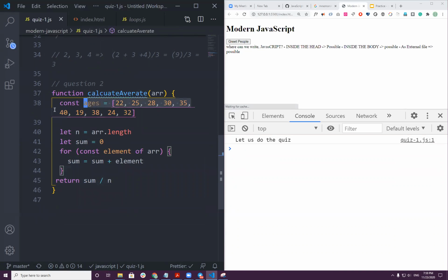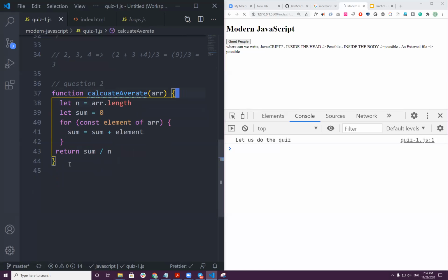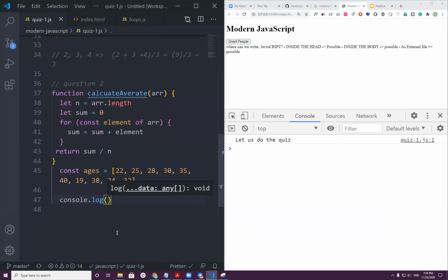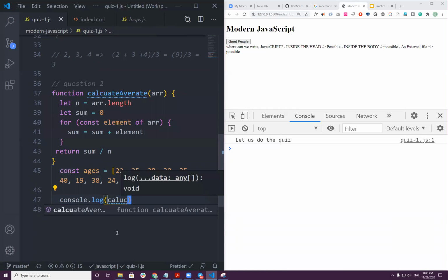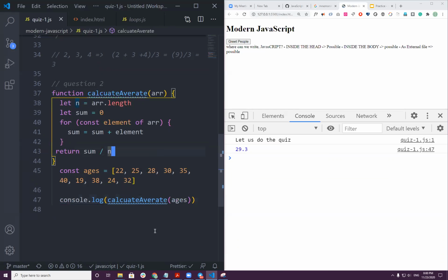Then actually, as you can see, you have this data. You don't need it to be inside. So actually now I can leave this code and then console.log calculateAverage, and I pass the ages as a parameter. So have you seen 29.3?